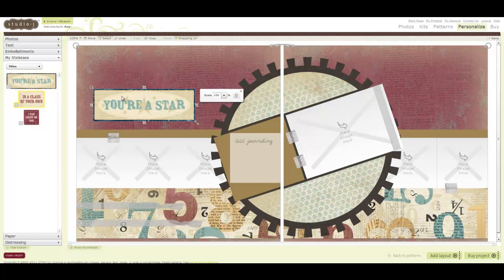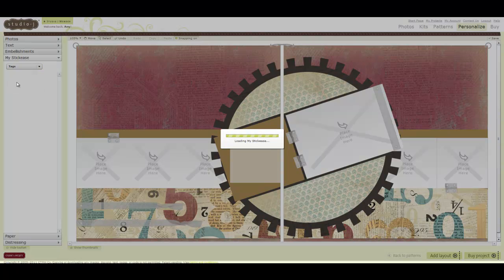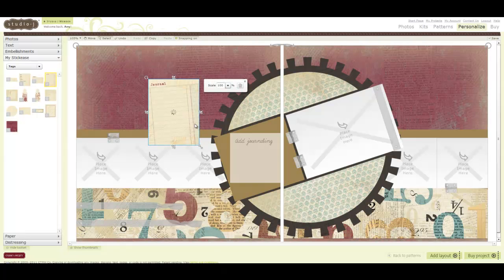Let's say I played around with this, and before I purchase it, I decide, yep, sure enough, I'm going to have this be my title. You're a star right here. But before I print this out, I could simply delete that. And then when I get this layout printed out, I can just put that sticky-back canvas right on top of my Studio J layout. And so I love this because you can play around with all of these different journaling options, and